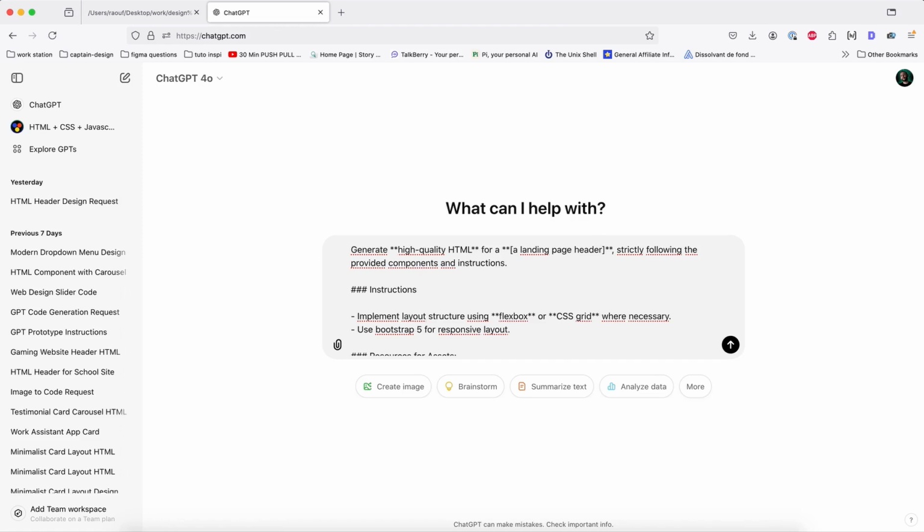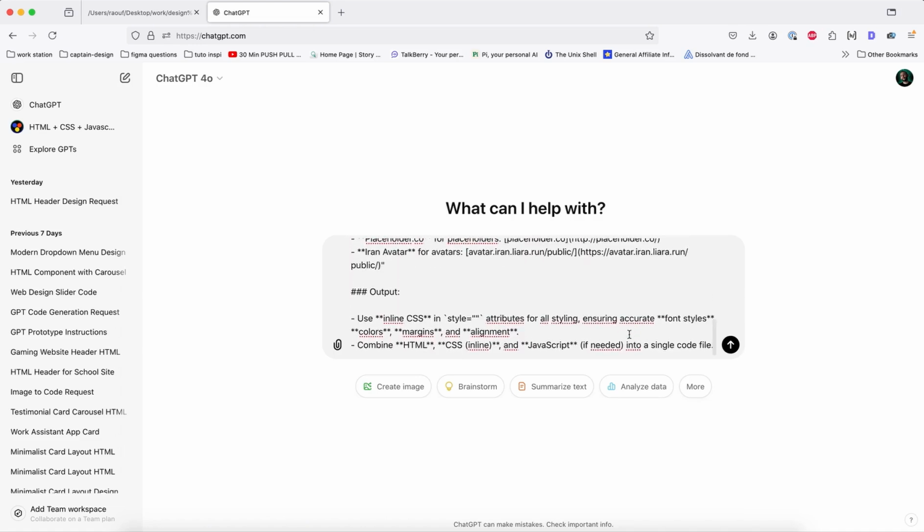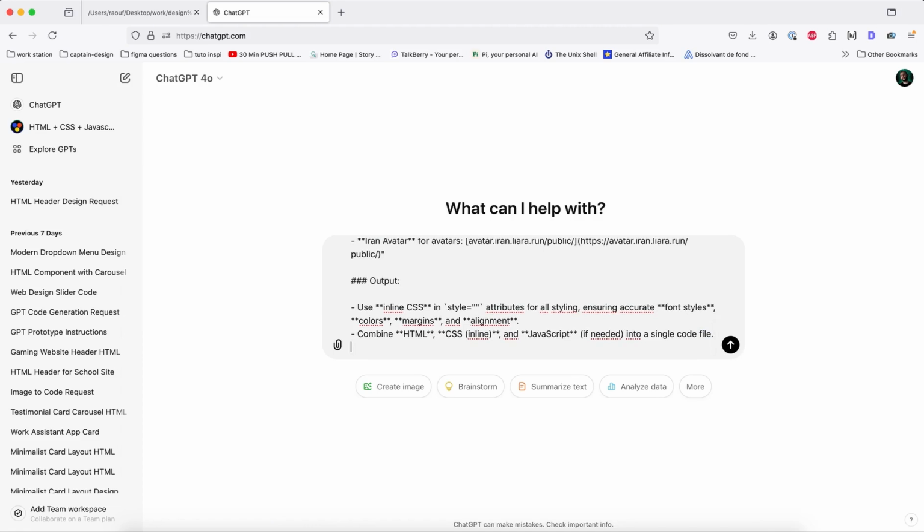I'm just going to focus on the header in this video, and for a fintech product. Generate a landing page header for a fintech product, strictly following the provided components and instruction. So here I'm going to scroll, and let's see, shift and enter,